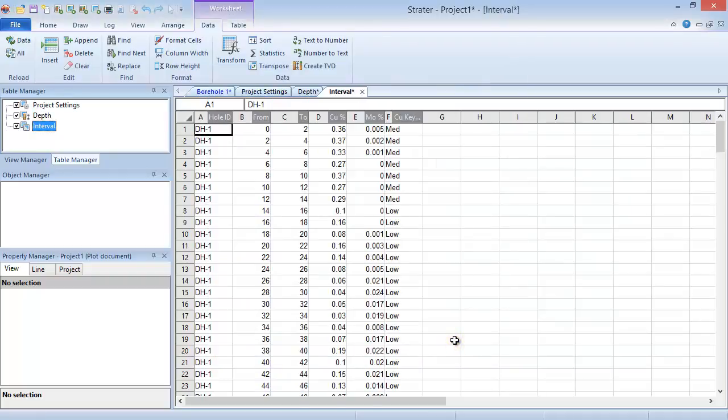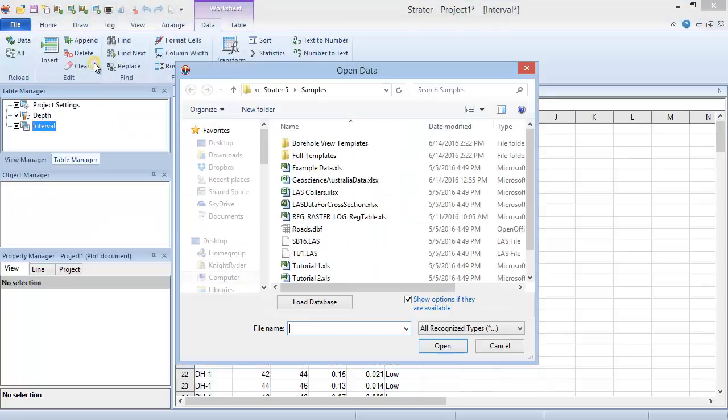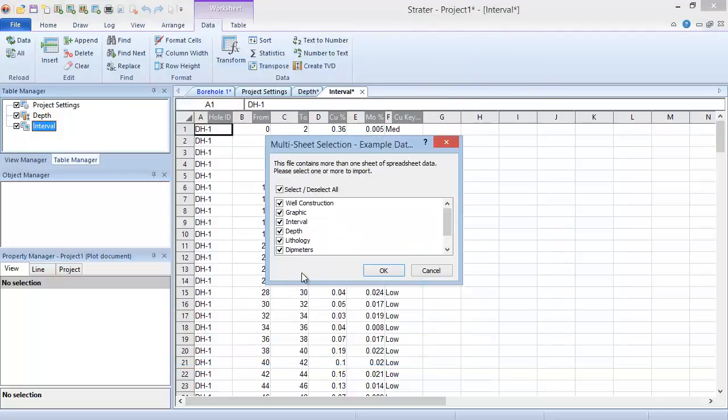Similar to this process, if you have multiple data files or sheets that you would like to open into different table types, you can use the File, Open Multiple Data Files command. In the Open Data dialog, choose the data file or files you wish to open, then click Open. Select the sheet or sheets you want to open,